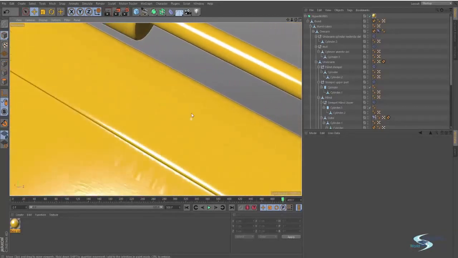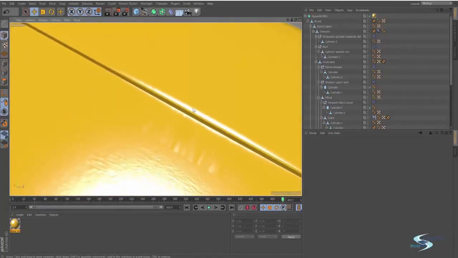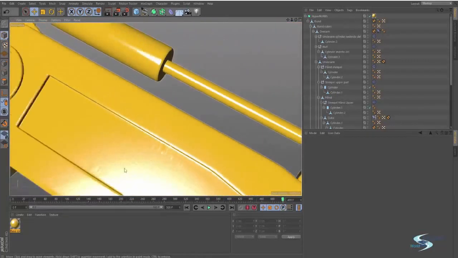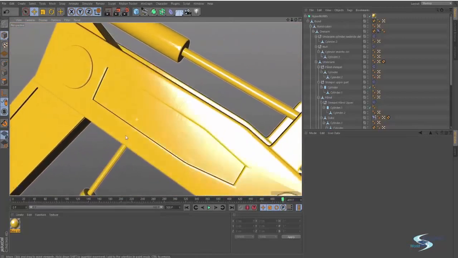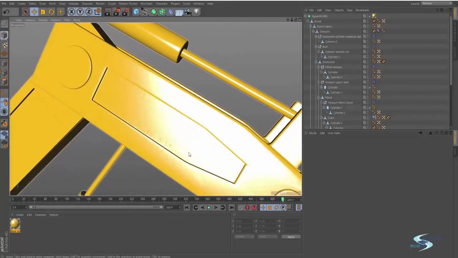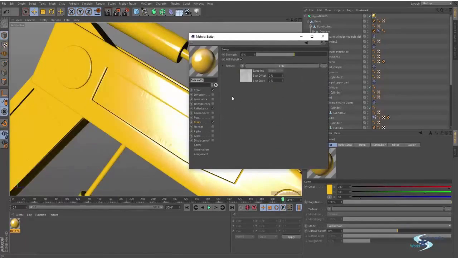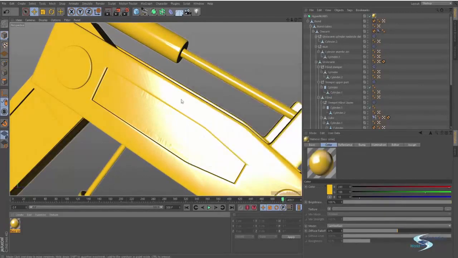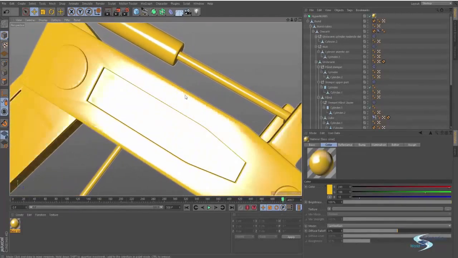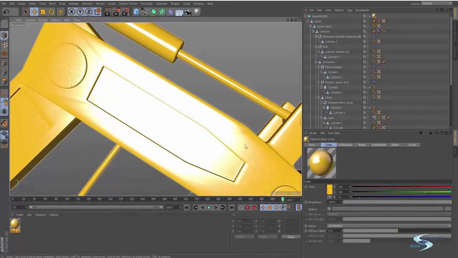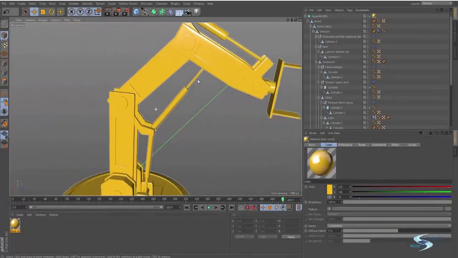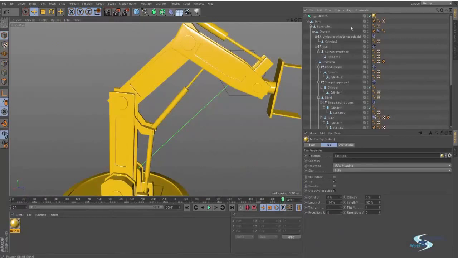I know you can see these kinds of lines right here. There are some lines, and that's because the texture hasn't been mapped perfectly onto our object. If we didn't use the bump map, this wouldn't have been a problem, because the mapping only matters when you have some kind of a texture or a picture that has to be mapped onto the object. So right now it's doing something called UV mapping, and you can see that if you click on the material up here, you will see down here at